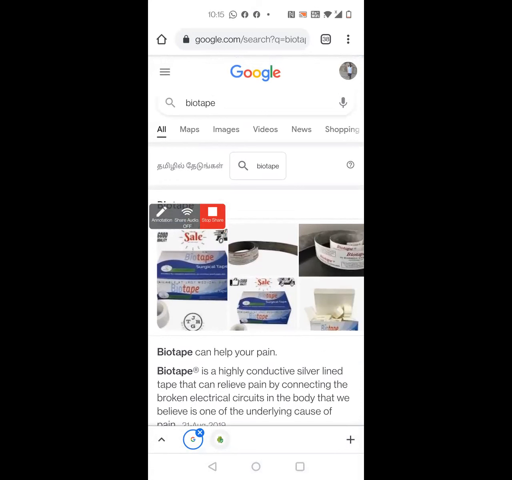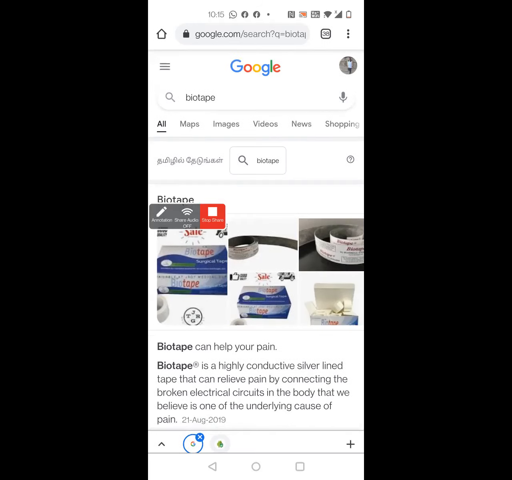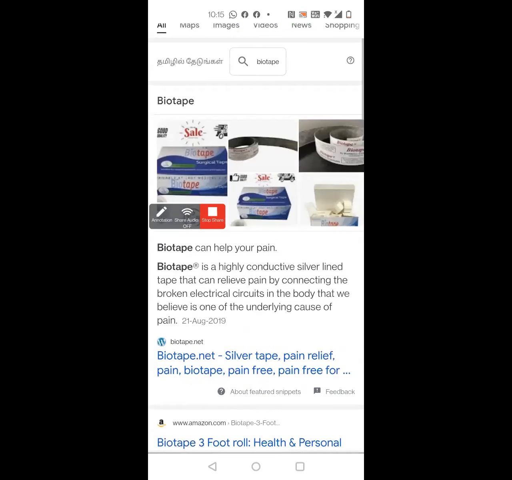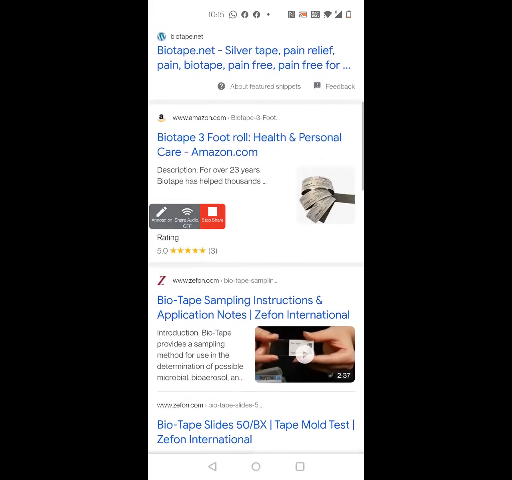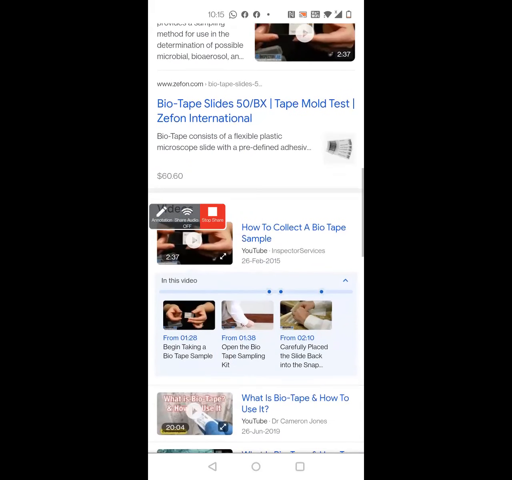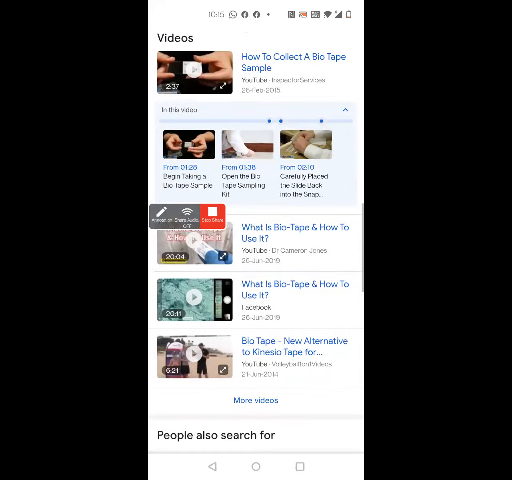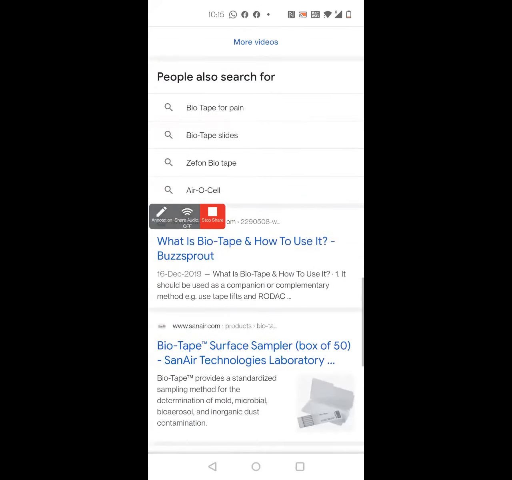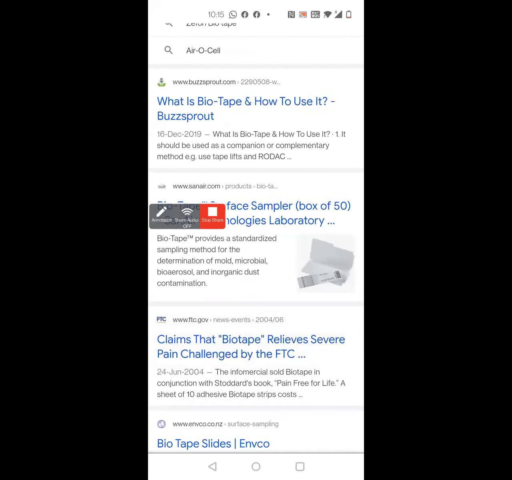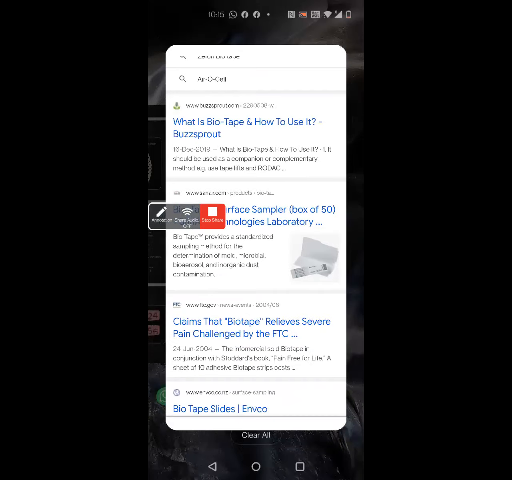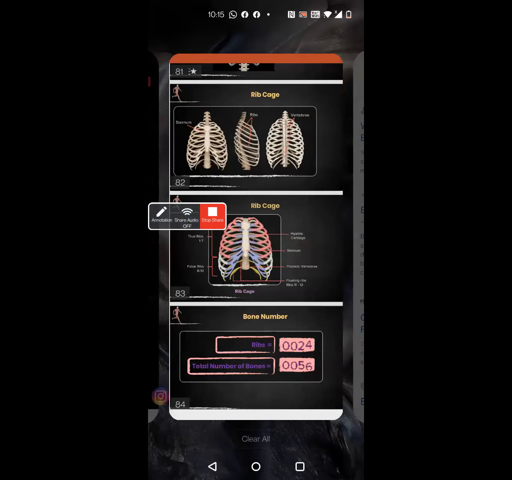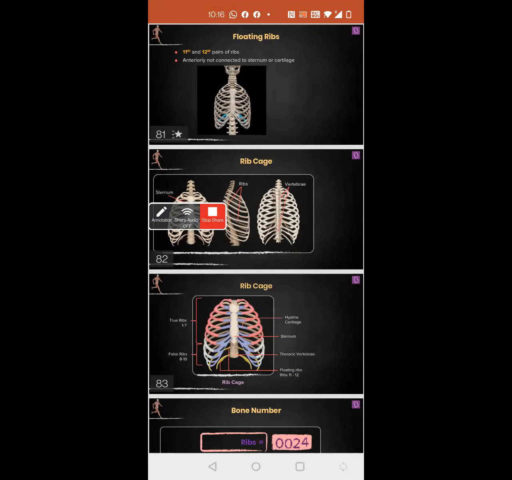Instead of the olden-day method of stitching, where outside stitches are there, those things will result in a scar. So in order to avoid that, they just use bio tape. But what if the bio tape comes off? It is made of biocompatible materials. What if when we stretch by mistake it comes out, and our stitching just opens up? No, those things won't happen. It will heal over a period of time.